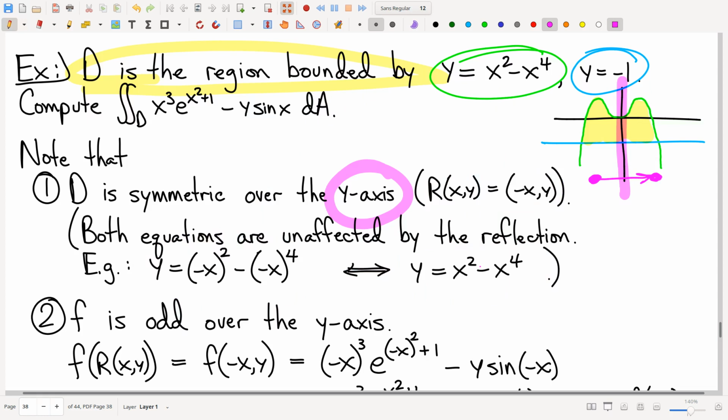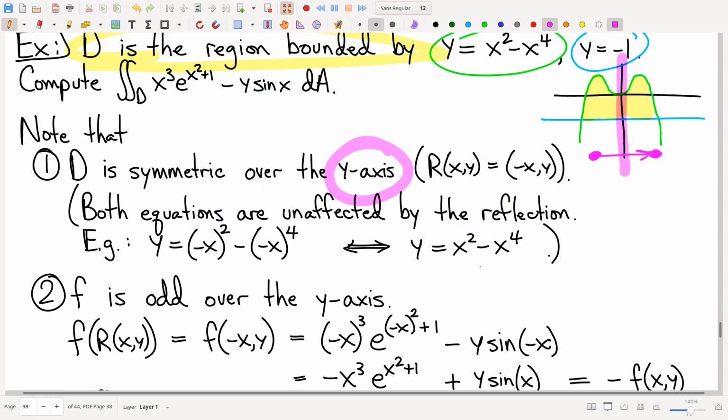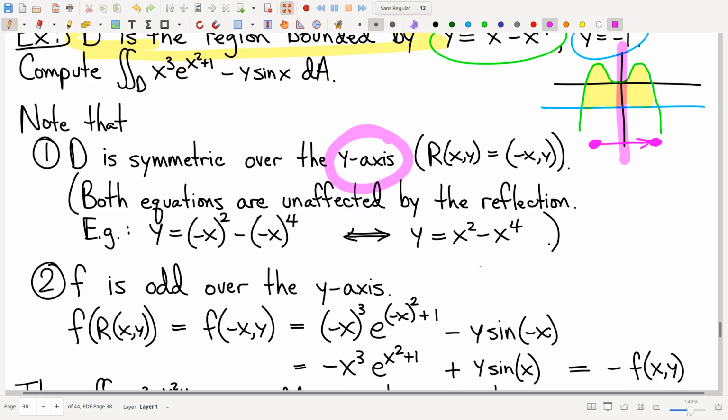So we've got a symmetric domain. I further claim that this function is odd. Now, golly, let's think about how to show this function is odd. There's a couple of different ways to think about this. I'm going to show you what I consider to be the easy one, and then I'll show you the careful